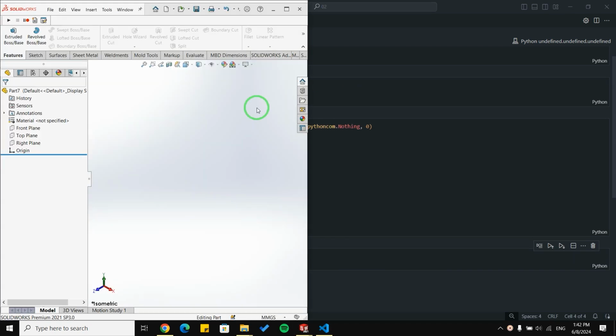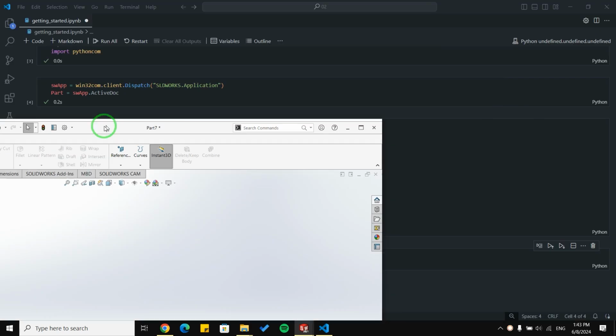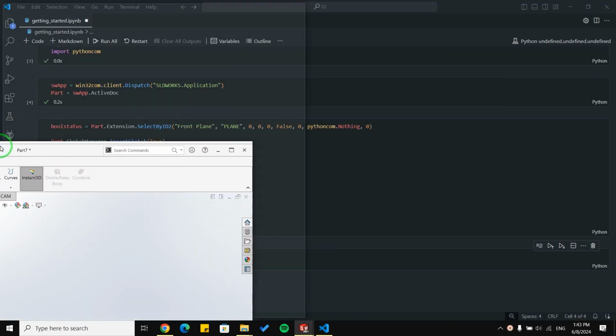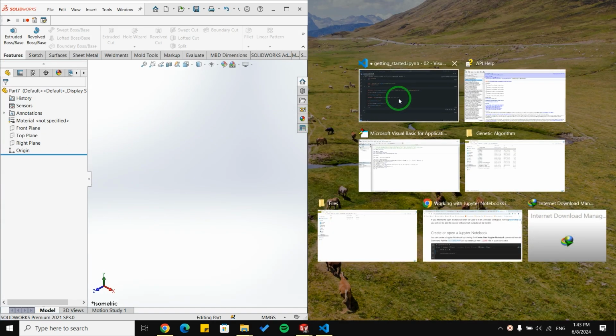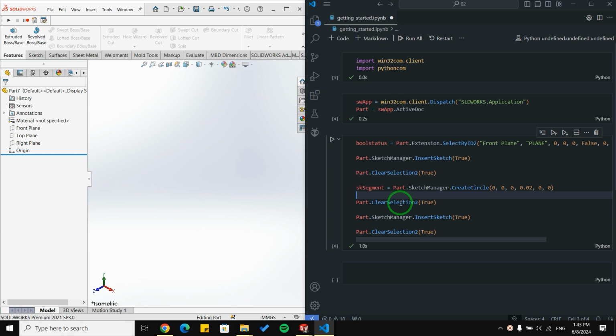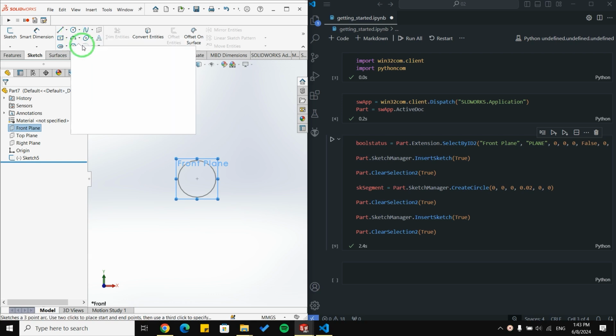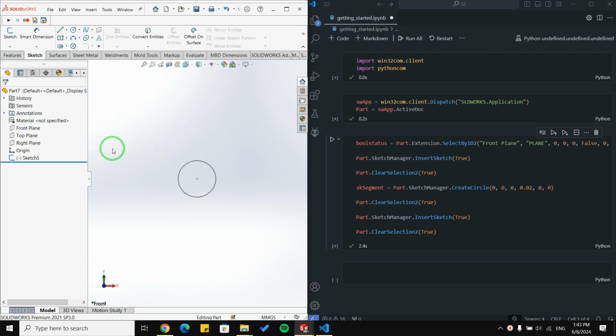I'm going to manage my windows for you to be able to see how fast and smooth SolidWorks is going to create a circle for me. And I'm just going to run this block of code, Control Enter, and you can see it selects the front plane for me, creates a new sketch for me, draws a circle for me, and then closes the sketch for me.